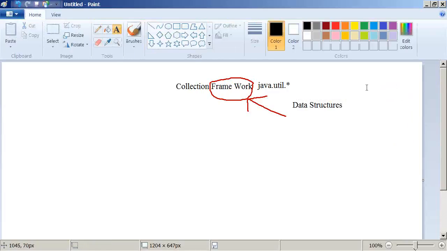So instead of writing your own techniques, instead of writing your own algorithms, this framework provides you with what? The basic algorithms. You can use them whenever you require a sorting technique. This framework is already having that. Whenever you require a searching, this framework is already having it. So you can take it and use it in your application. Or if by using this framework you want to develop your own techniques, algorithms, you can do that. So this framework comes up with what? A ready-made set of